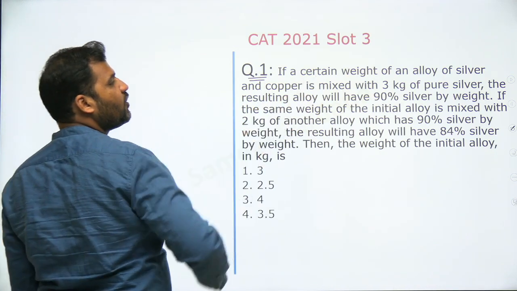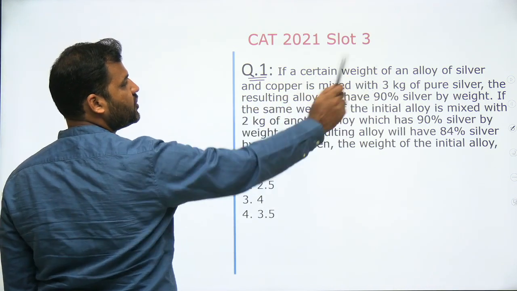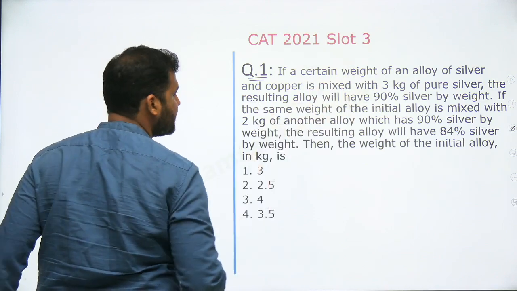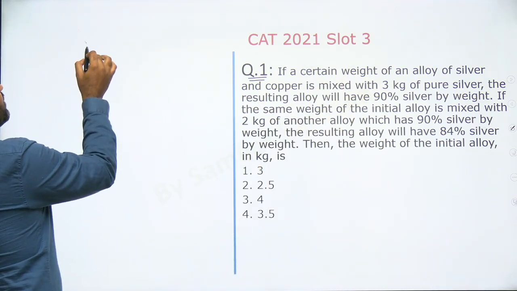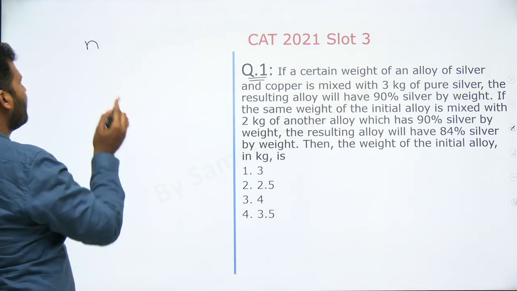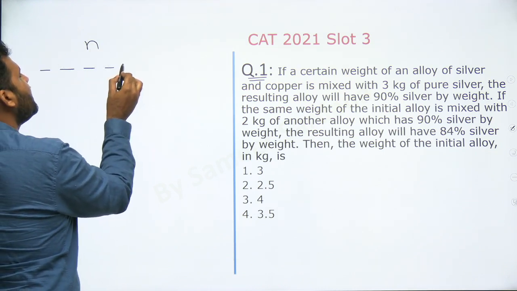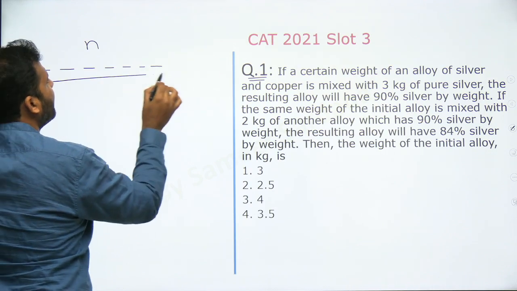The certain weight of an alloy of silver and copper is mixed with 3 kg of pure silver. The resulting alloy will have 90% silver by weight. So question says there is a certain weight. What is that weight? We do not know. We assume that, let's say there are total n units, right? There are total n units